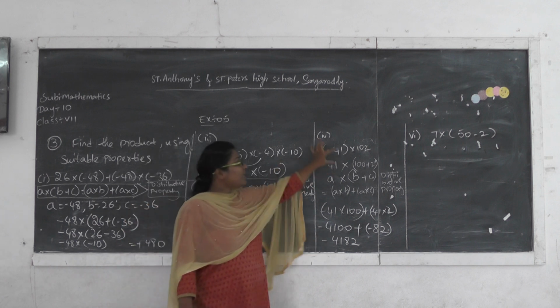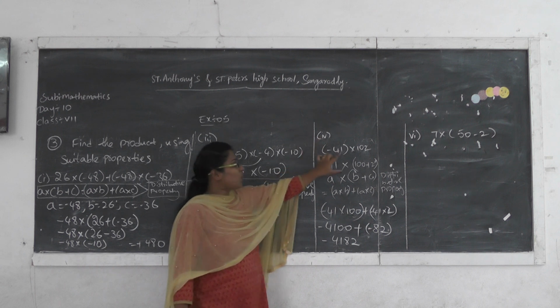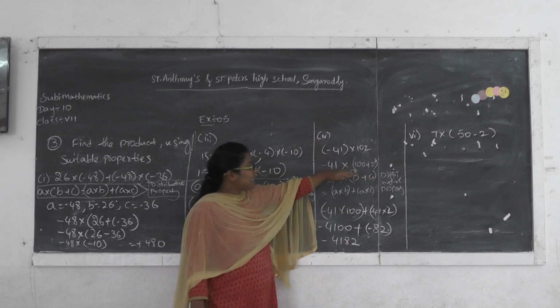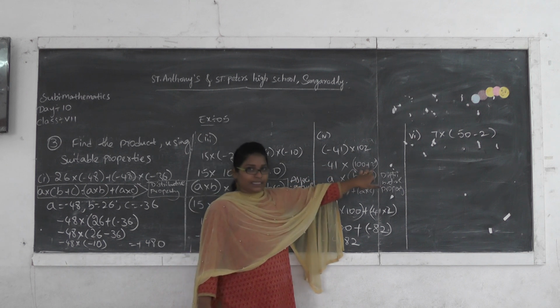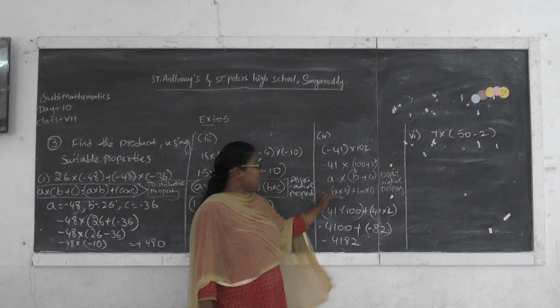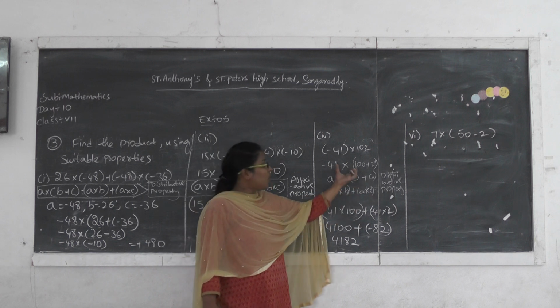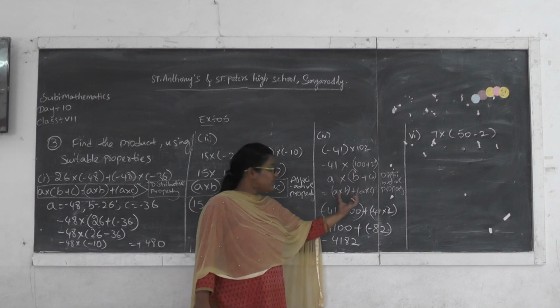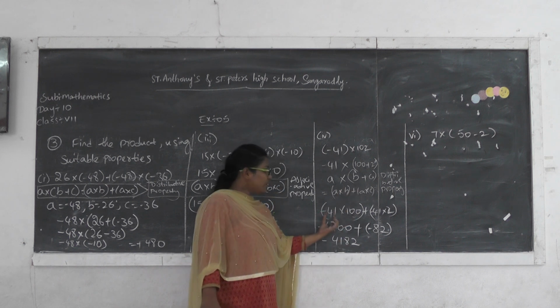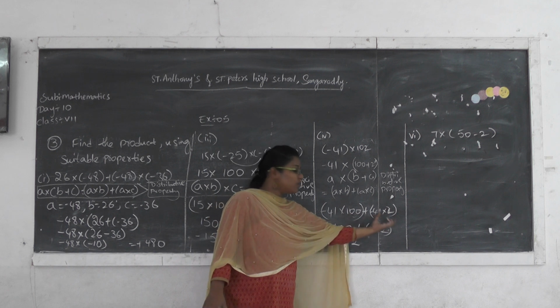Are you able to understand? Here first they gave only 2 terms. Then what you have to do? I was splitting this 102 as 100 plus 2. Since here it is in A into B plus C form, it comes under the distributive property, which is A into B plus C equal to A into B plus A into C. Already it is in the LHS format, so we have to take the RHS and work according to it. It is nothing but A into B plus A into C.